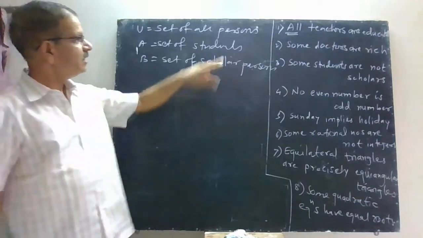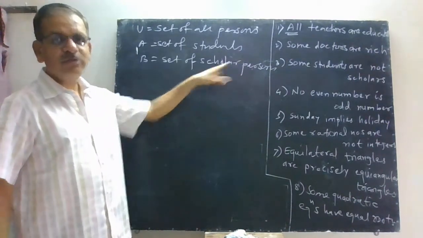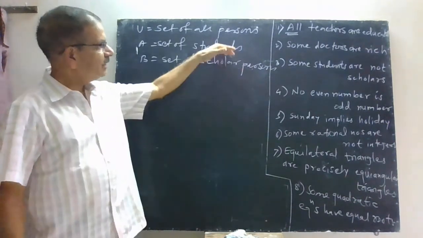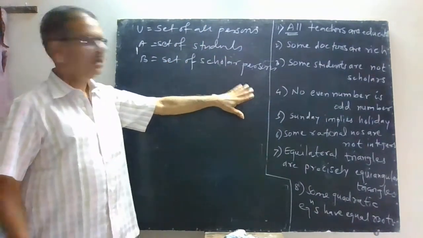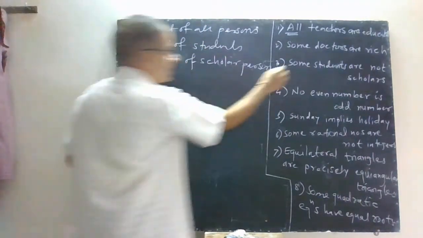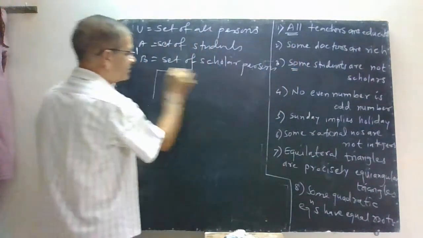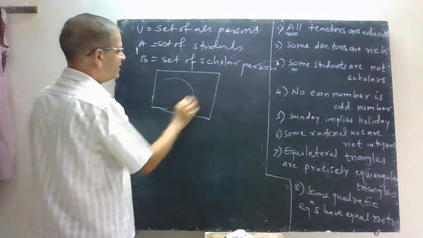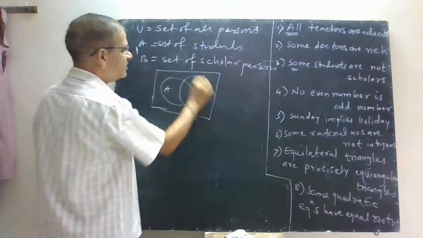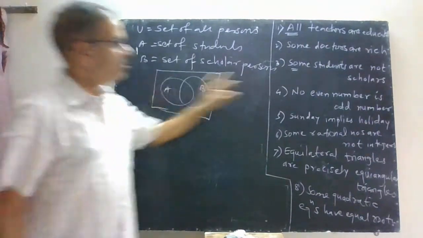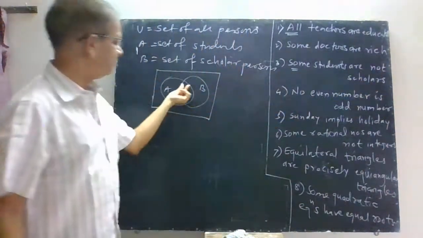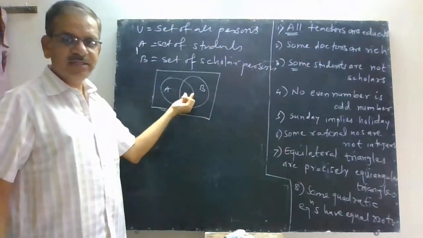That is what I am saying. You don't write set of scholar students here. They are students and they are scholar peoples. And then see, it starts with some, so your figure is fixed. Figure is like that. This is your set A, this is your set B. Only thing, when you don't have not, you have to rub this one, that is shade this portion.